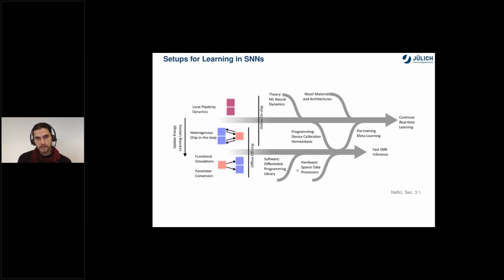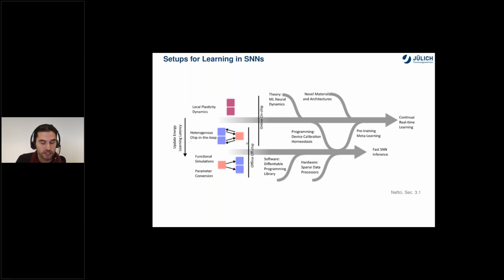And we arrive into a setup where we can actually start doing learning in spiking neural networks and the associated neuromorphic hardware. And there's several setups for this kind of learning. Of course, the most natural setup is where you have a neuron and its plasticity dynamics co-located, so essentially in the same place. This is very similar, of course, to how the brain works. The neurons have their own plasticity mechanisms occurring locally. But this may not be the best option for neuromorphic hardware in all cases.